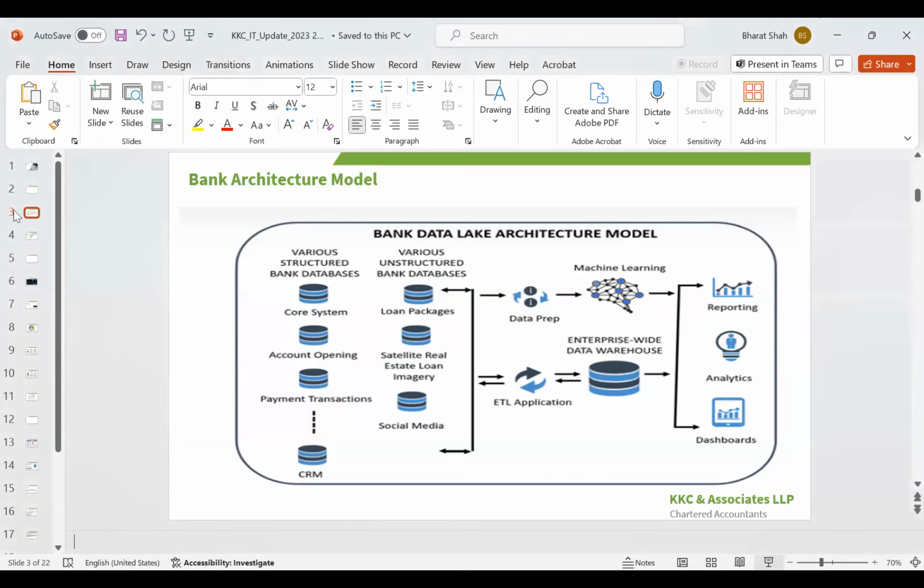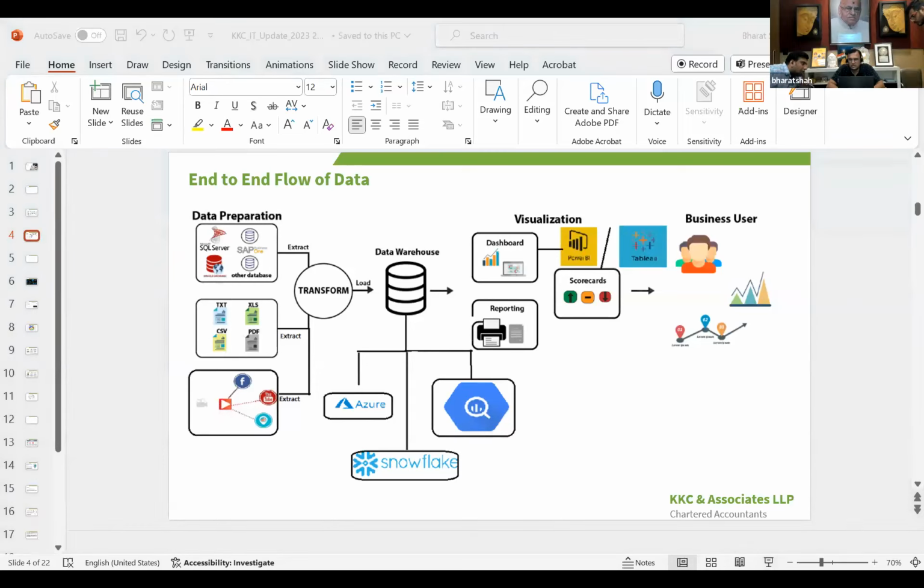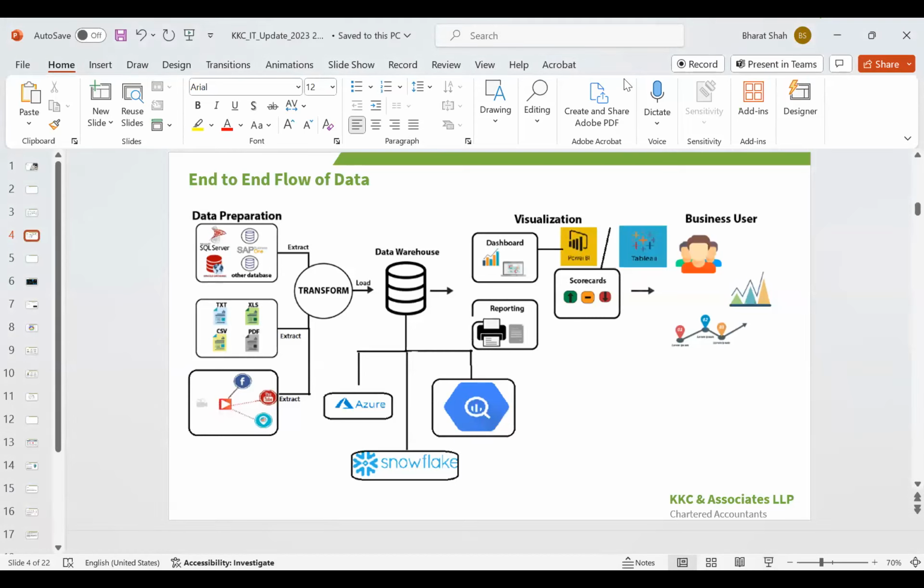Hello, can you click on that last icon? Yeah, I'm just trying to do that. One minute. You see up on the upper side there is a resume slideshow. Just one minute. Go in the slideshow tab at the top. Yeah, just one minute.